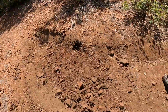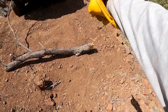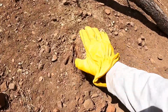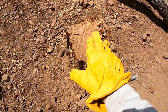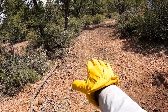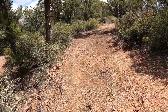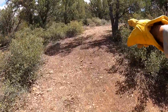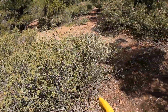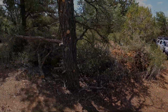So what's nice about what I'm doing right here though is I had a tree that I had to cut down that actually made for a little bit of area over there, but I'm using it as a place to cut all of my branches that I'm using to make the rest of this driveway. Because what I'm wanting to do is level off the rest of this. I'm going to take it from here, make it angle a little bit, to where it goes up and around. Because the problem is when you're backing down from over here, you got to come in super tight on this one and then you almost clip this tree right here. Because I back in to make it down into that area. But